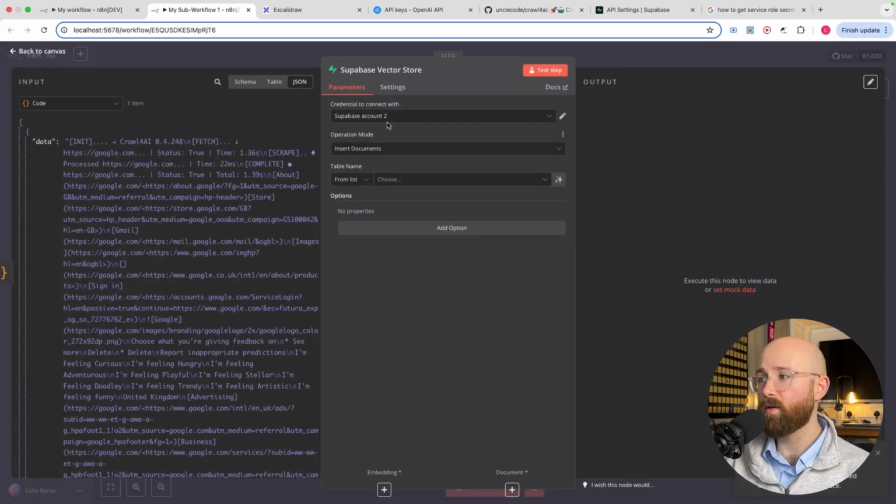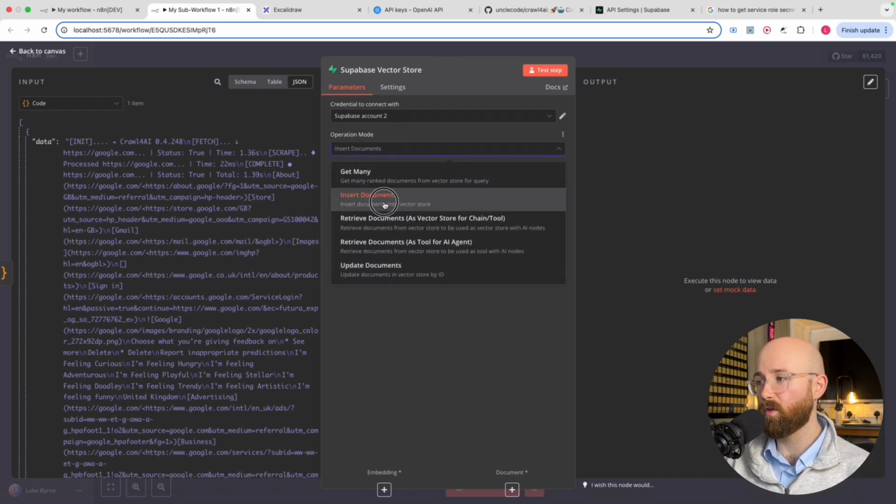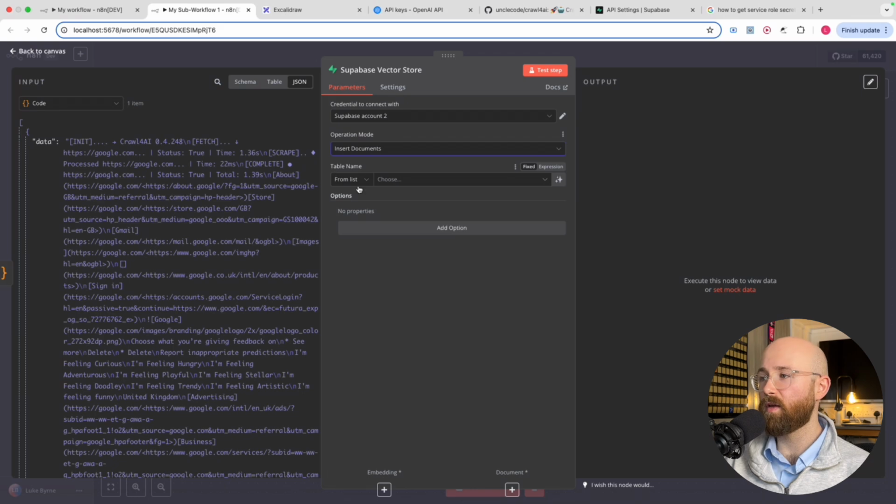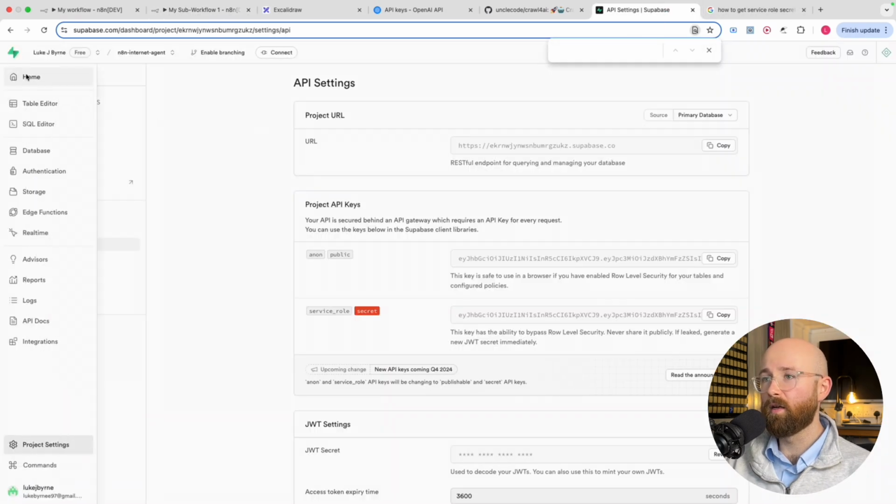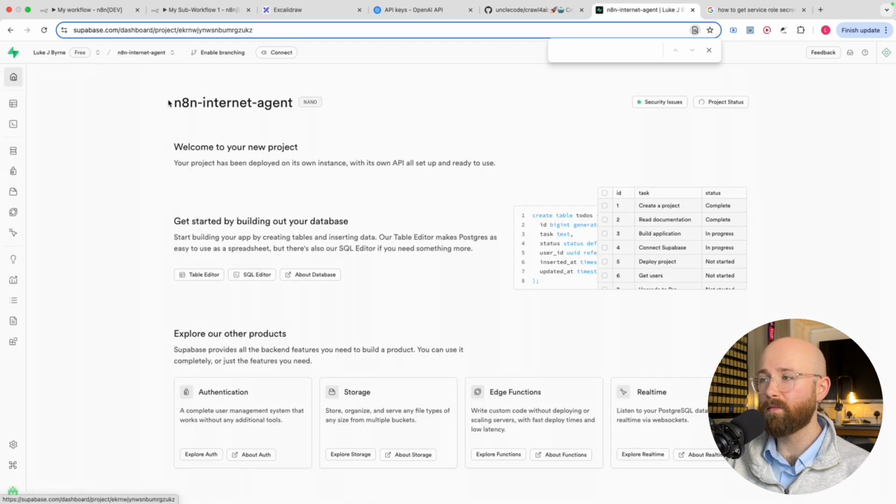And there we go, so we're now connected to Supabase. Operation mode: insert, that's what we want to do. And then table name, so from list, we'll go and find the tables you currently have. We don't have any. So if we go back to Supabase home, you would think there'd be a button to just create a nice table. There is not. However,